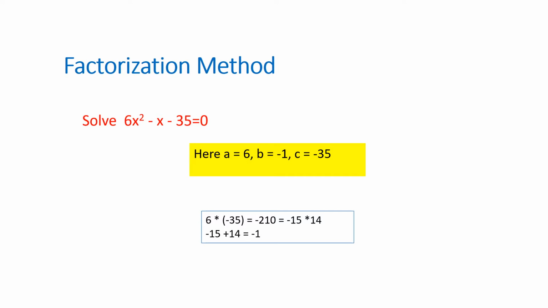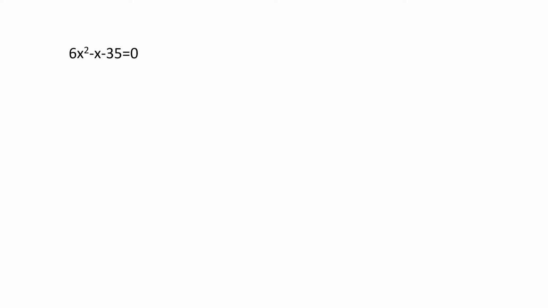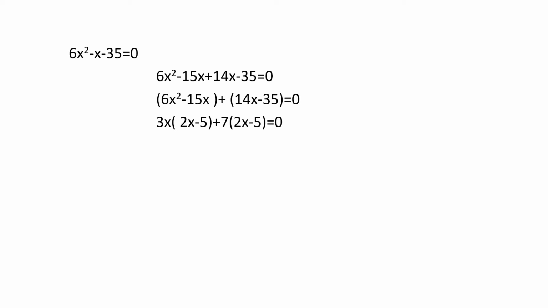Now we need two numbers such that their product is equal to the product of a with c and the sum of the same numbers is equal to b, that is minus 1. So, we find minus 15 and 14 are such numbers that satisfy both conditions. So, the given equation can be written as 6x square minus 15x plus 14x minus 35 is equal to 0, or 3 into 2x minus 5 plus